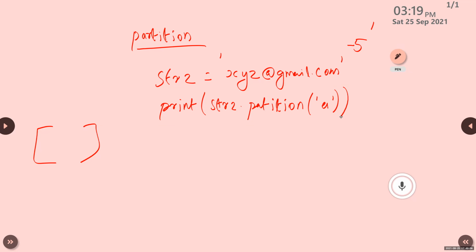The separator is A. Then the first part is XYZ. Which is the second part, Rahul? At the rate is the second part. Then the third part is gmail.com.